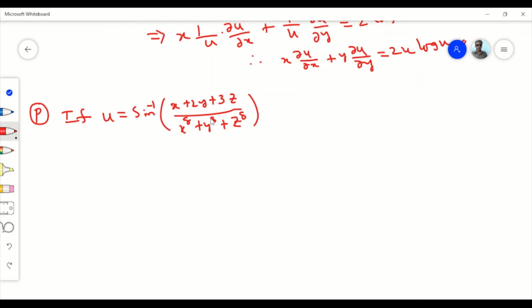See, here you have three independent variables x, y, z. Show that, or sometimes you may be asked like, find the value of